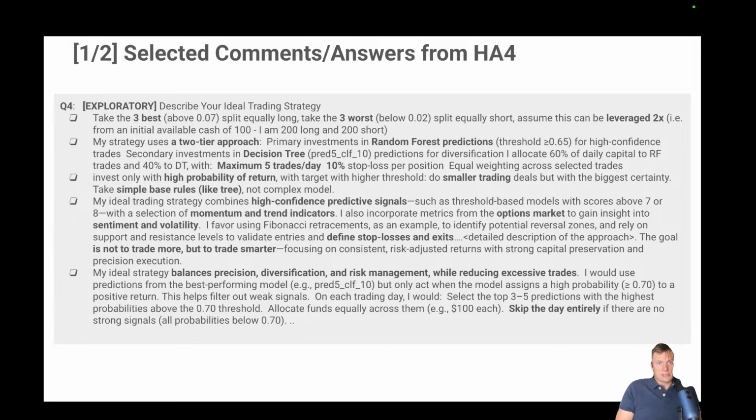So someone said that they want to select 3 best and 3 worst predictions and have a leveraged portfolio to make investments. I was thinking about 3 worst predictions last year, and I even tried to do that, but I think that if you want to predict 3 worst predictions, you need to design a separate model for predicting negative growth,